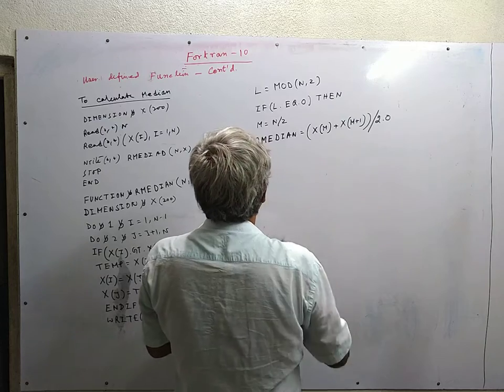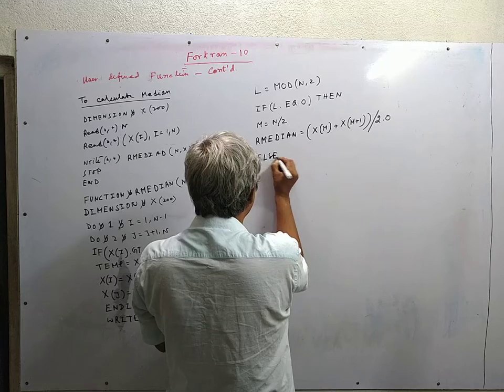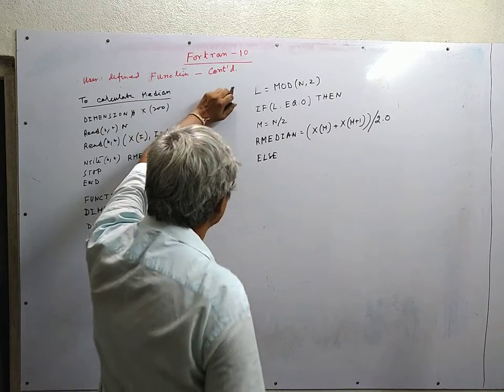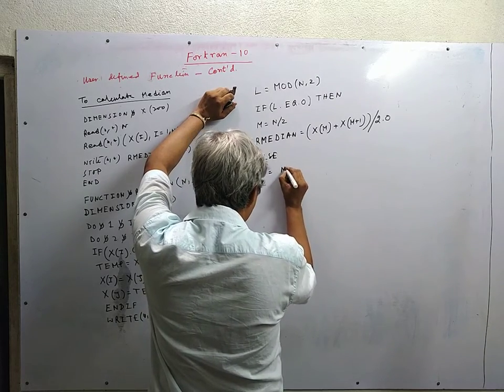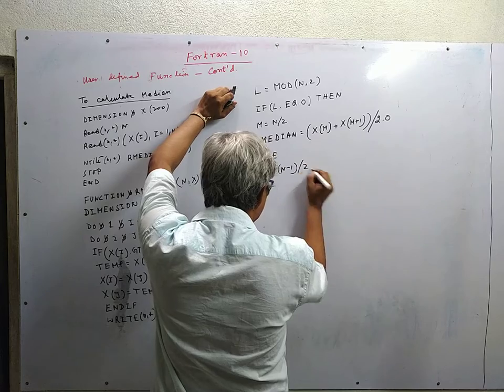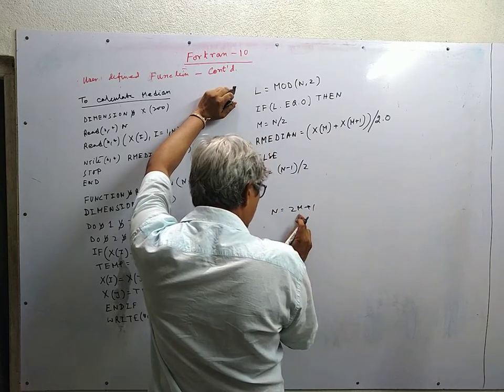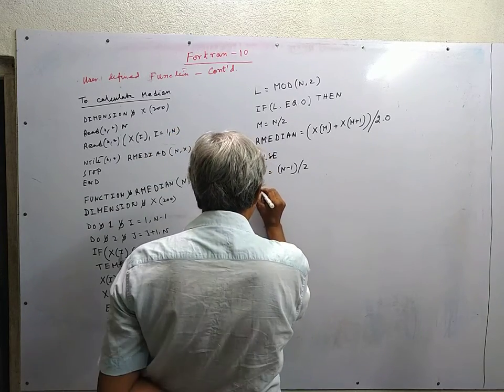And in the else part, we will arrive when the number of data is odd, and we write m is equal to n minus 1 by 2, because we write n is equal to 2m plus 1, so m is equal to n minus 1 divided by 2, and our median